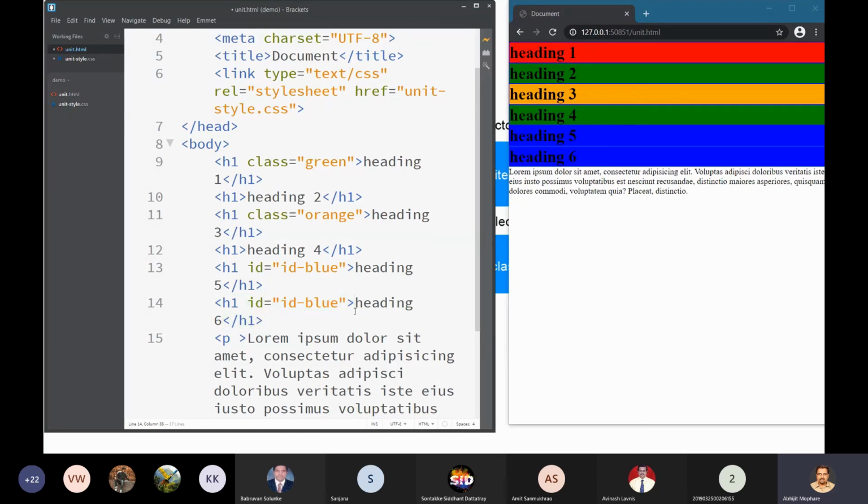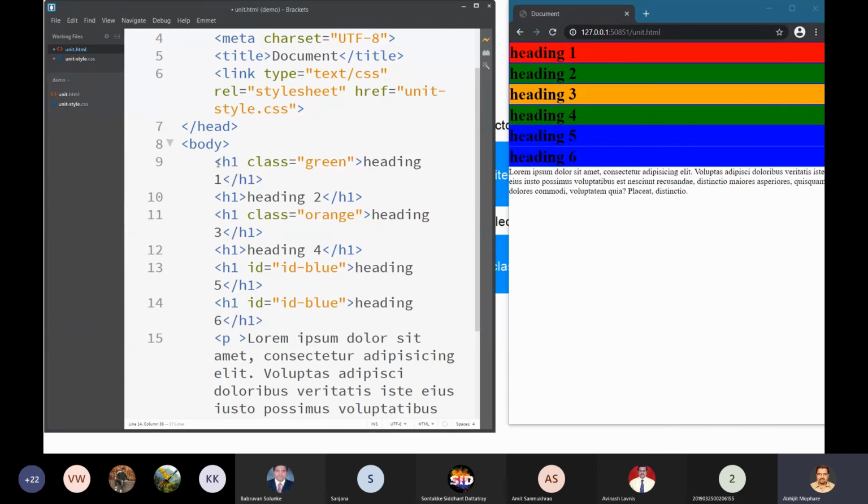So most of the time, IDs are used for programmatically accessing the HTML element. Unless we are dealing with JavaScript, generating the code and modifying the behavior with the help of JavaScript code, normally we don't use the ID. When we learn jQuery, then we will use the id, and most of the time, even if it is only one element, we will define the class.